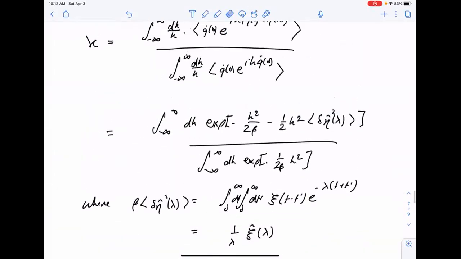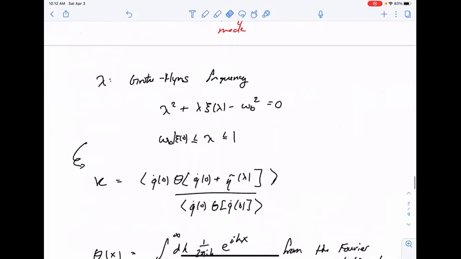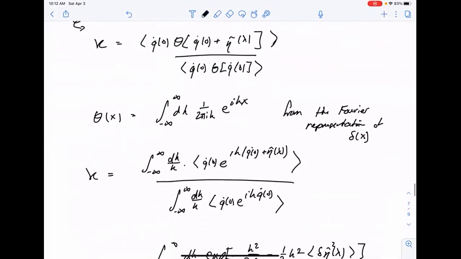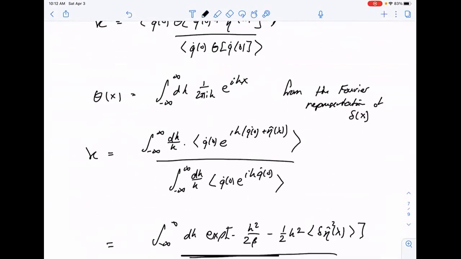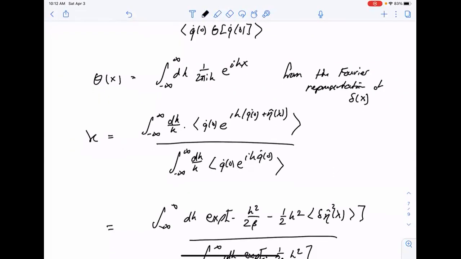Now, I've kind of washed over a lot of steps here, showing exactly why this is really the case, why this dictates the behavior at long times of the trajectory, how you actually do these Gaussian integrals. If that's confusing, fear not. It's in your homework for these next 2 weeks. The second problem, or the third problem, asks you to go through this calculation in detail, which is a good exercise in manipulating non-Markovian equations of motion.